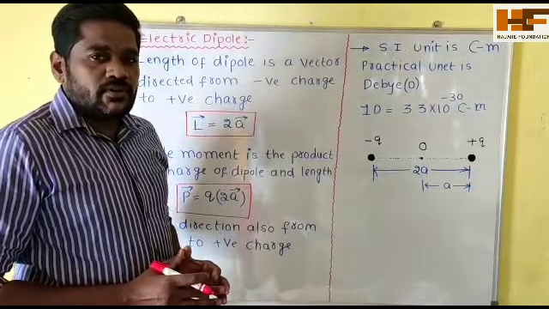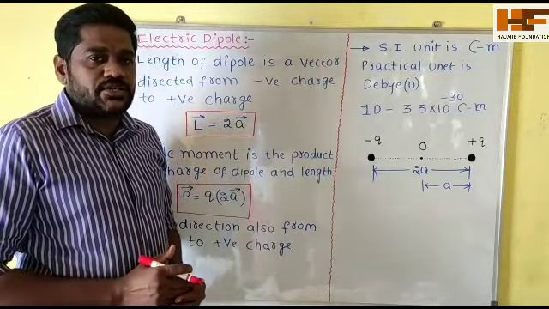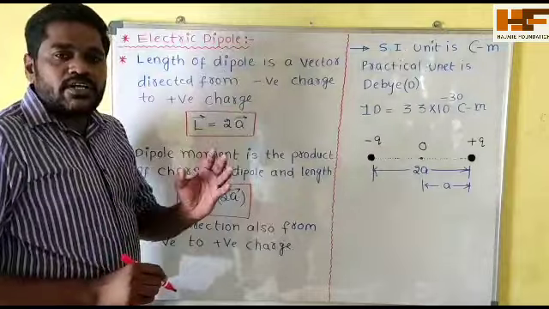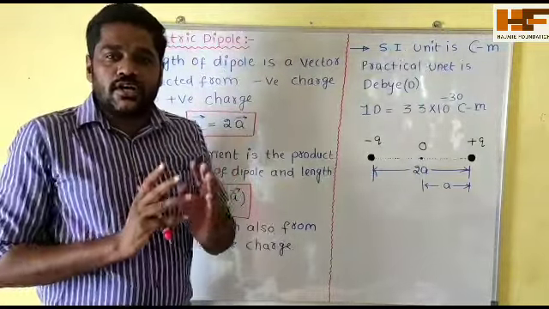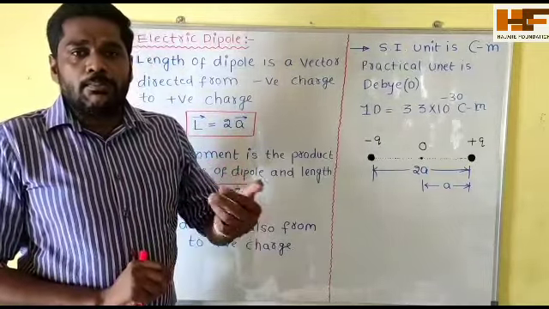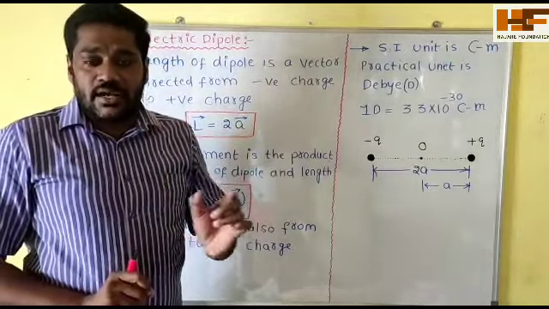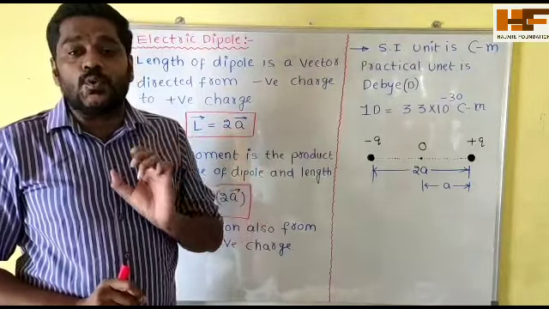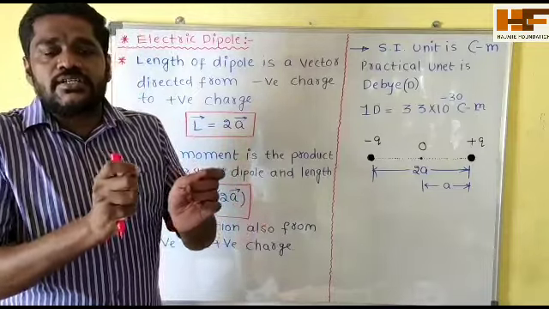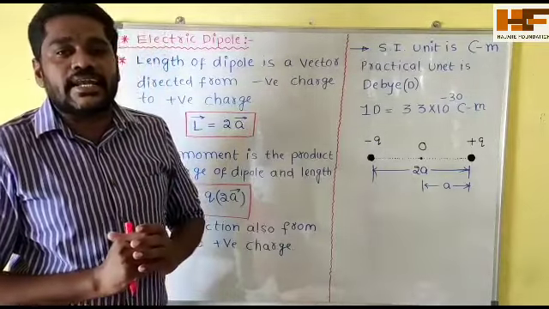Hello dear students, today let us discuss one more very important concept in the first lesson, electric charges and fields. That concept is the electric dipole concept. What is the electric dipole? If you take two charges, they should be equal in magnitude but opposite in nature. For example, if you are taking 2 coulomb of a charge, the other charge should be minus 2 coulomb. If these two charges are separated by a small distance, such a combination is called an electric dipole.